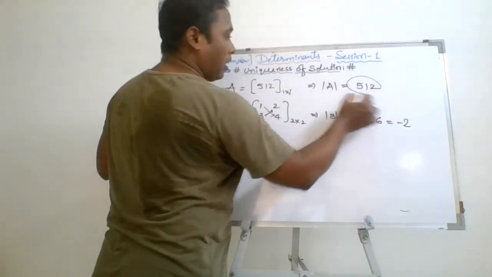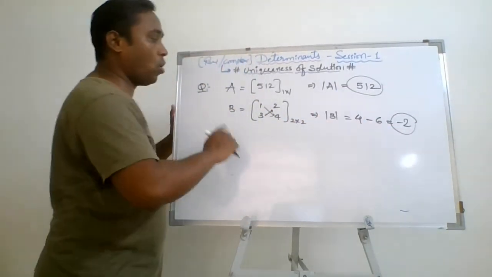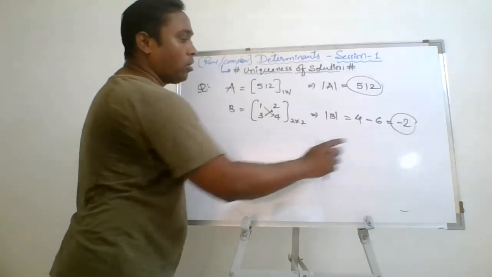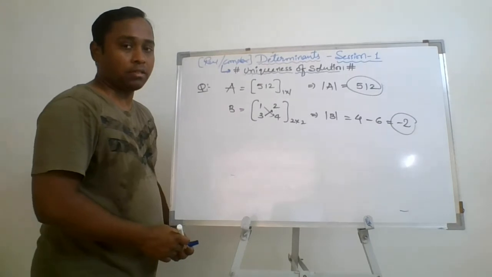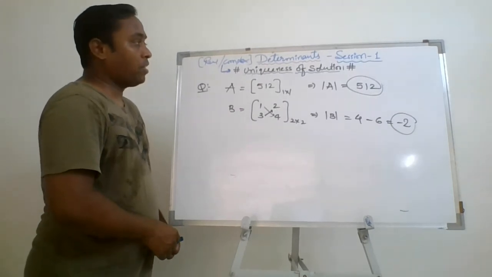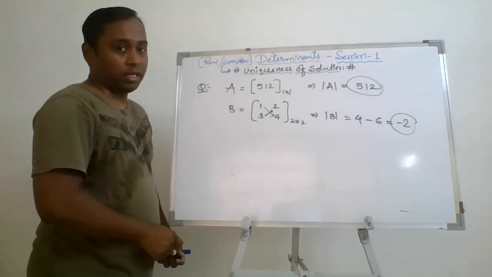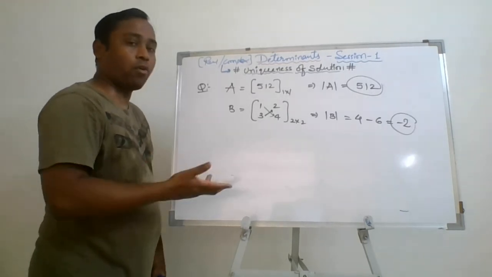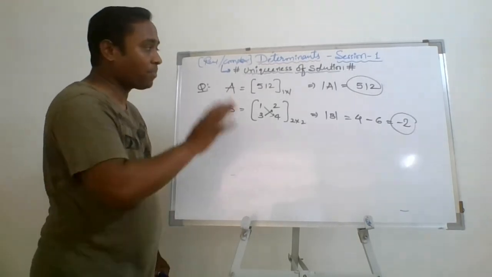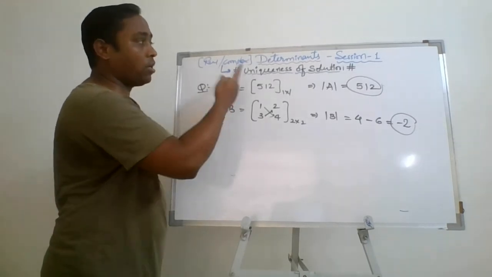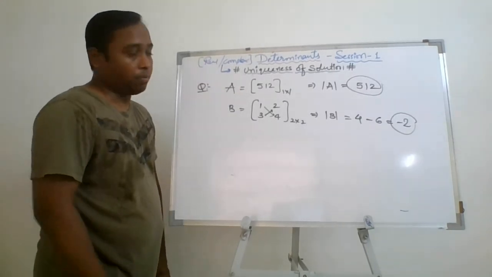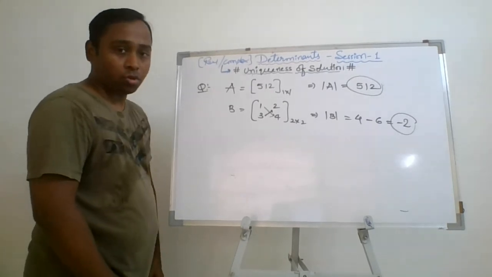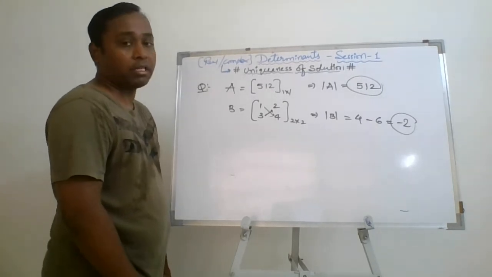So when you calculate the determinant of any matrix, it is always associated to a number which may be real or complex according to the elements in the matrix. So this is the meaning of the determinant of a square matrix. Determinant means by default we are dealing with a square matrix. Other than the square matrix, you cannot find the determinant. Remember this point. Apart from this, now I am going to take a few questions to understand the determinant concept.